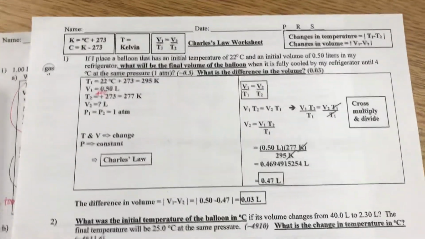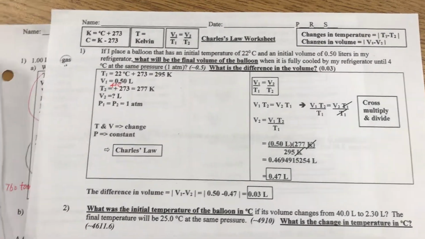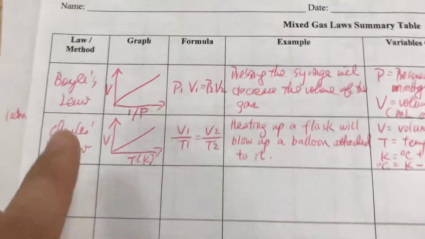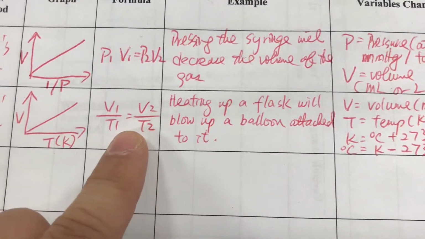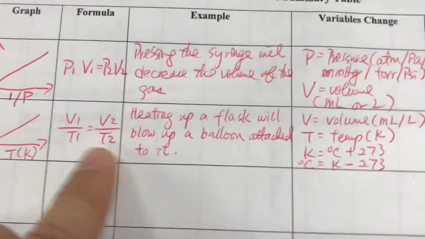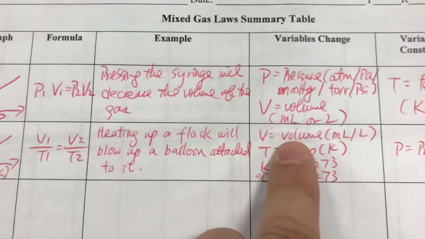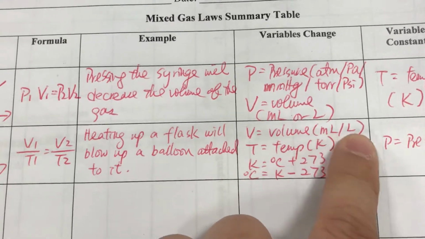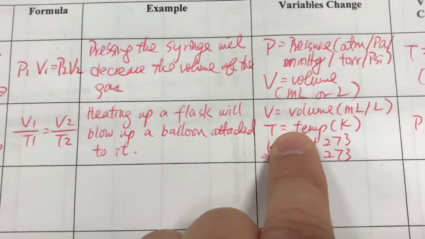Now in this worksheet, I'm going to talk about Charles's law. The formula is V1 over T1 equals V2 over T2. The V here is the volume in terms of milliliter or liter, and the T is temperature, which must